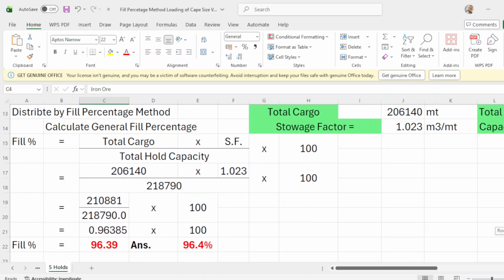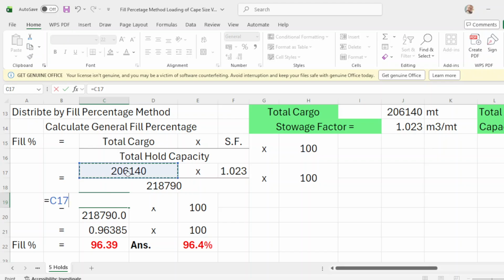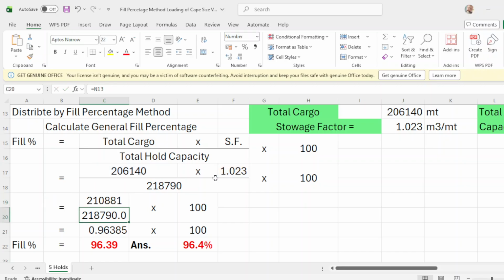So what you do now, multiply these two, that will be 210,881. Okay, just put equals, click, and multiply, click again, and that will be 210,881 over your total hold capacity of 218,790 times 100, and that will be 0.96385.